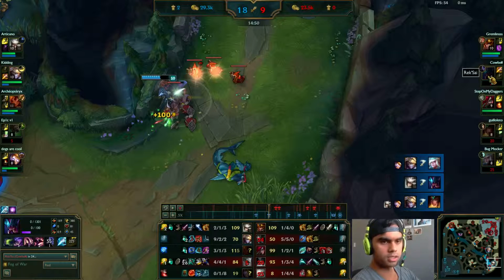Ezreal jungle, his power spike is in the early to mid game, right? He obviously scales well into the late game, but his gank potential early game is ridiculous. So you need to play with that in mind. You need to play more of tracking Ezreal's pathing and counter ganking, and pinging, strategic pings, rather than